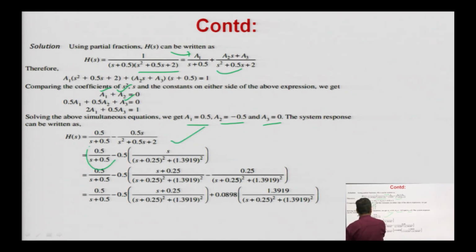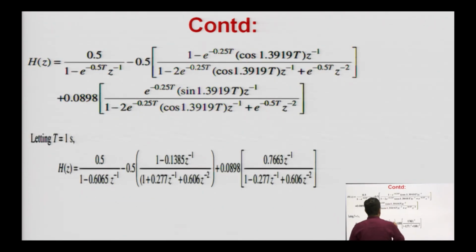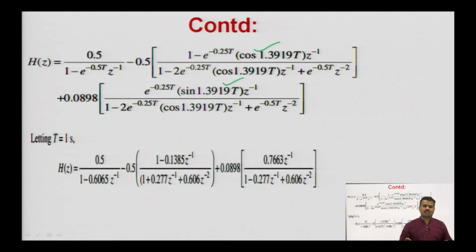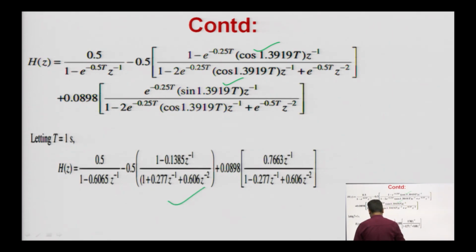Now, this is your linear factor. For this you have to make it into its cosine form or sine form, and you will solve the equation and you will get the answer here. Okay. So, in this way, in terms of cos and in terms of sine, you will get it, and here your T is not given to you. If T is not given to you, you can assume T is equal to 1 second. So, if you put it here, then you will get the final H(z).